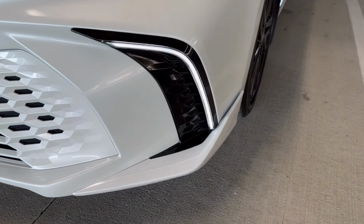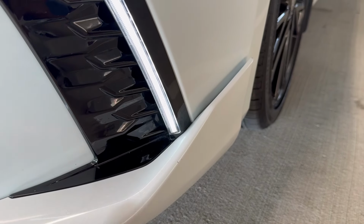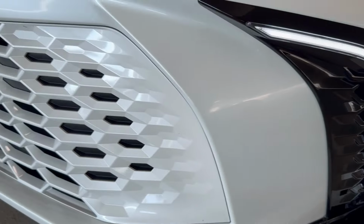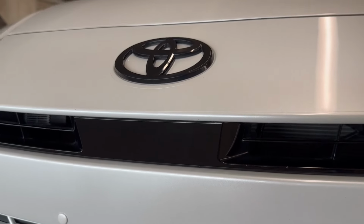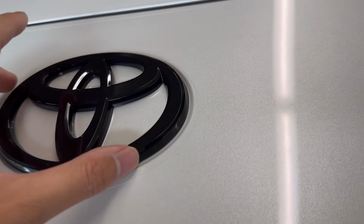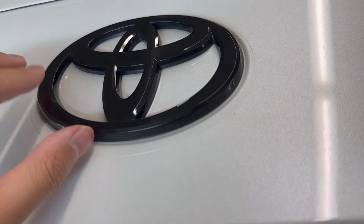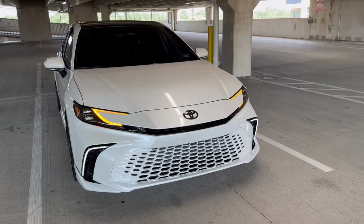And one thing I do like about this car is, whatever you call this, I guess you could call it a little lip kit, but I think it really makes the front end sportier and more aggressive. Moving over here, you can see the radar for the cruise control and collision warning. This does have Toyota Safety Sense, and up here, this is another optional package. This is the black badge overlay. Basically, it's just a black overlay over the original badge, which would be chrome. And I think for the XSE model, that really makes this car pop because of the true sporty design that